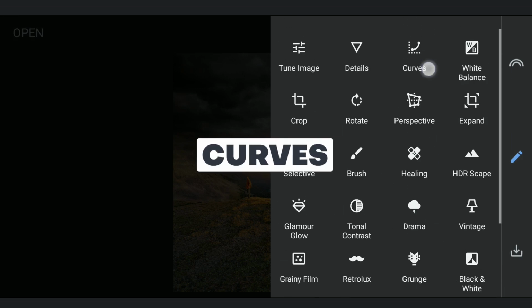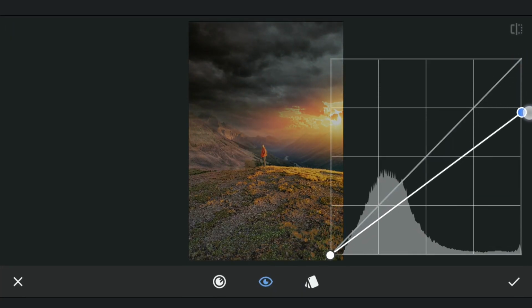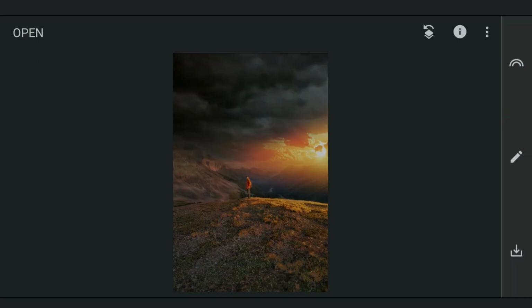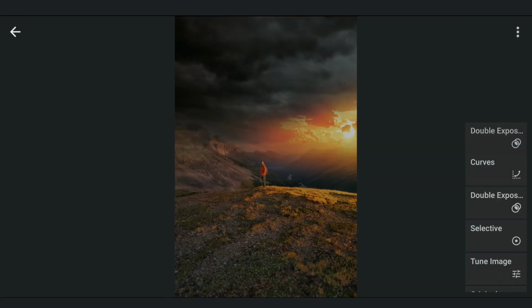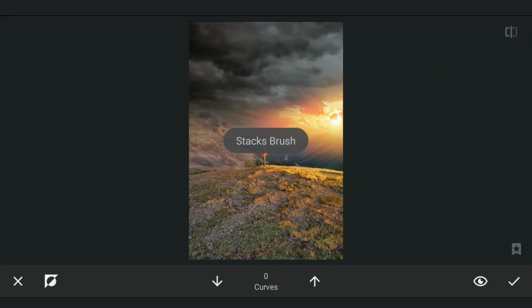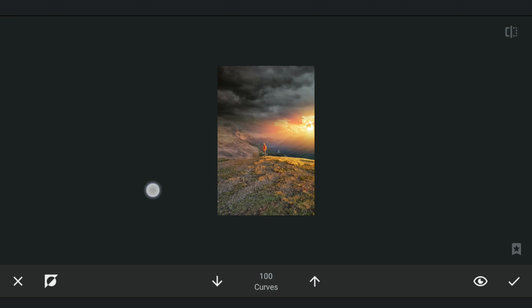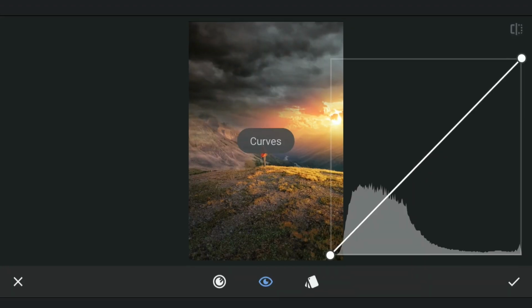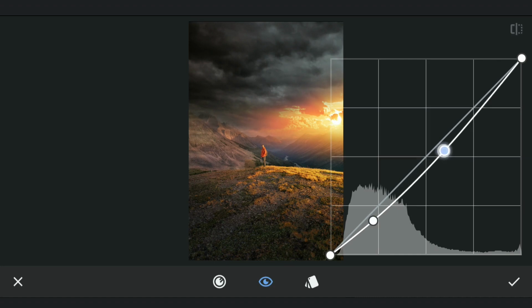Now darkening mainly the bottom part with curves and some masking work. Working with curves again for some darkened contrast.